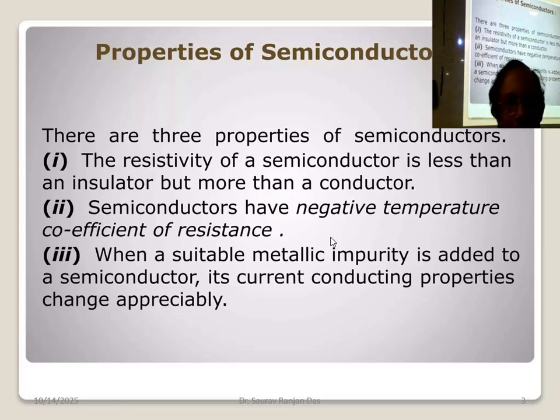Semiconductor, when a suitable metallic impurity is added, that is called doping. Suitable metal impurity. Example, if you take germanium and dope with arsenic, then germanium has valency 4 and arsenic has